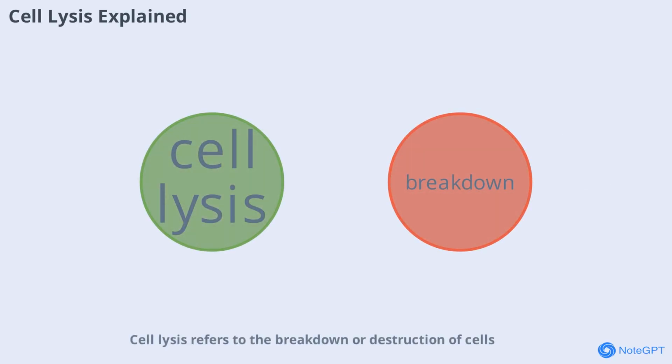Cell lysis refers to the breakdown or destruction of cells, releasing their internal components into the surrounding environment. In the context of cancer therapy, this means that as tumor cells die, they spill substances like potassium, phosphate, and nucleic acids into the bloodstream. This sudden influx can overwhelm the body's normal metabolic processes, leading to dangerous imbalances. The process of cell lysis is central to understanding why tumor lysis syndrome can develop so quickly and why it